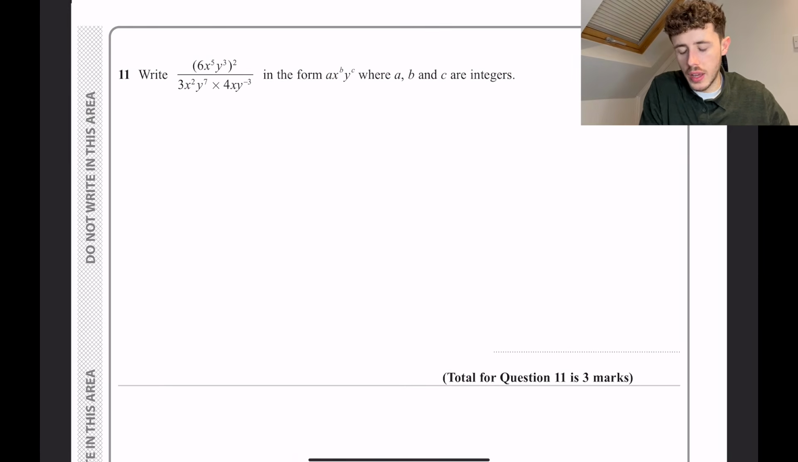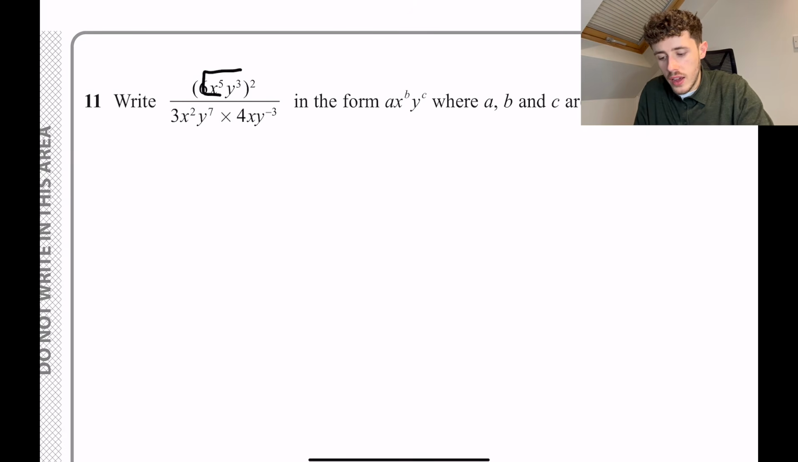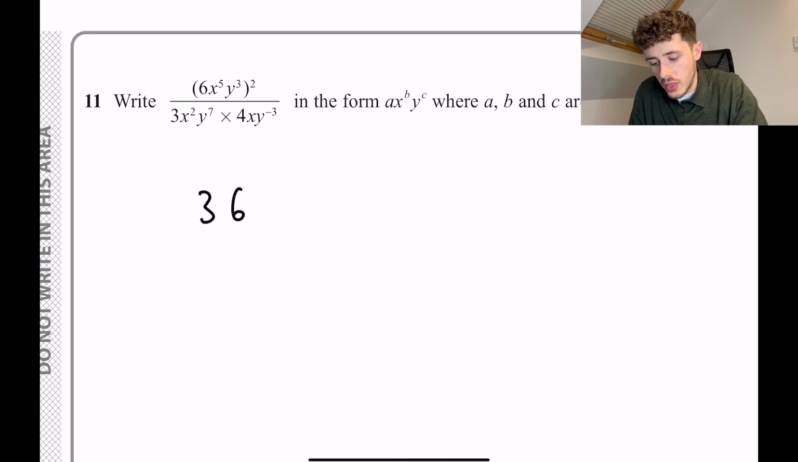Question number 11, we have some indices laws here. So we need to simplify this down into the form that they have requested, where a, b, c are all integers. Let's just break it down one thing at a time. The first one, when we have powers in the brackets like this, you simply multiply the powers together, and we're also going to have to square that 6. So that's going to be 36, because 6 squared, x to the power of 10, and y to the power of 6,